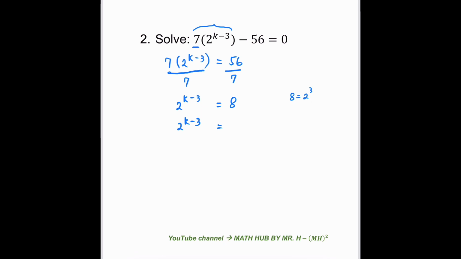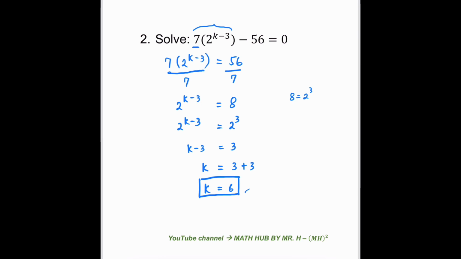And the right-hand side can be rewritten as 2 to the power of 3. And since both left and right have the same base of 2, we can just take their exponents, their power. So k minus 3 equals the exponent of the right-hand side, which is 3. And from here, we can solve for the value of k, which is k equals 3 plus 3. k equals 6. So this is the value of k that will satisfy the